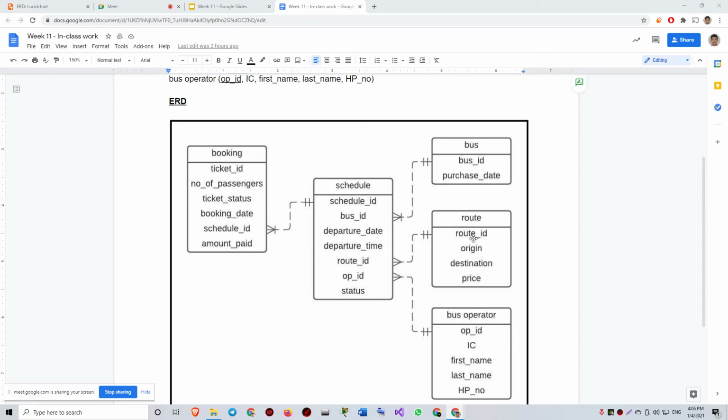So your booking will get the primary key from the schedule ID. So what should be displayed in your table on the screen? You will get the schedule ID. Here you need to think whether using Visual Basic, you can select